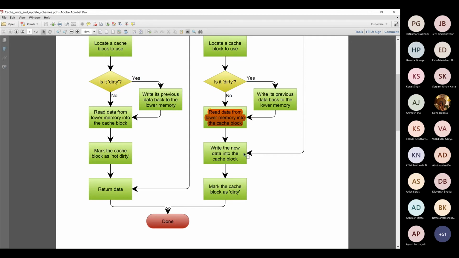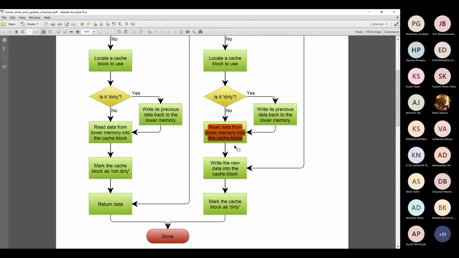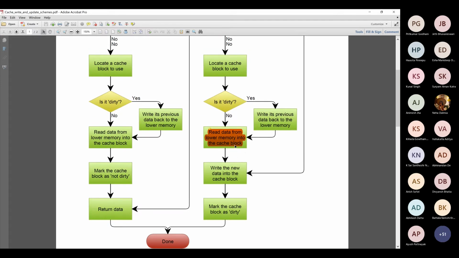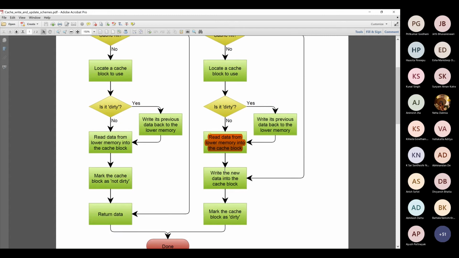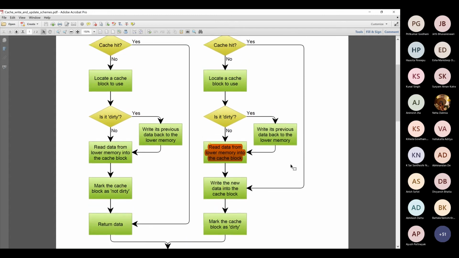Then you perform the write into the cache block. Why did you require to read the corresponding block of memory into the cache block and then perform the write? Because your writing will be through SW instructions which deal with one word at a time, whereas your block is possibly a combination of multiple words. So first you fetch the entire block into the cache, then you update maybe only one word in the cache, and then if there are further SW instructions directed into the same cache block, you keep on updating it.